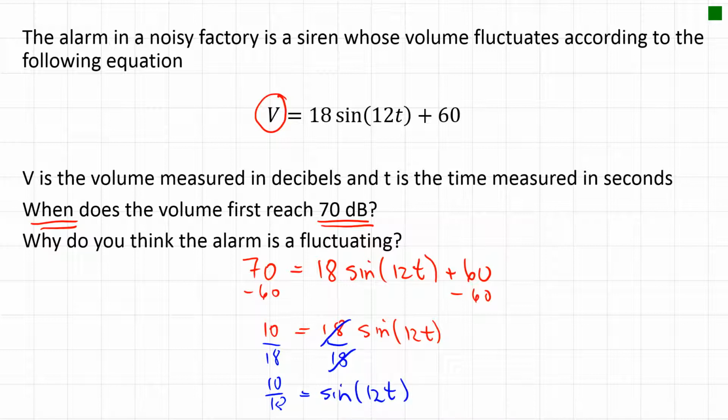So my next job is to get rid of the sine, and the opposite mathematical operation of sine is inverse sine. So I take the inverse sine of both sides, and that leaves me with inverse sine of 10 over 18 equals 12 times t. And if you take the inverse sine, making sure your calculator is in degrees, you will get